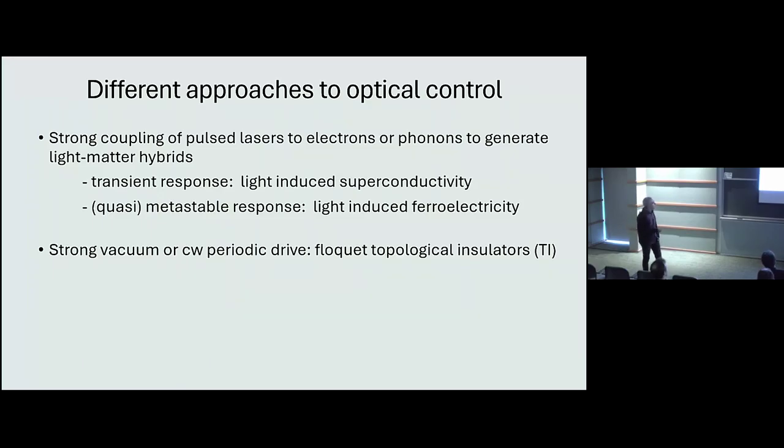The other possibility is to consider either a CW periodic drive, which is the standard for Floquet systems, or, as we heard many times in this conference, one can enhance the vacuum field or perhaps the static fields, and in this way modify or control material properties. And again, one example here is what we heard from theory. James's results were really pulsed, right? So that is not, even though it was a fantastic example of Floquet topological insulators.